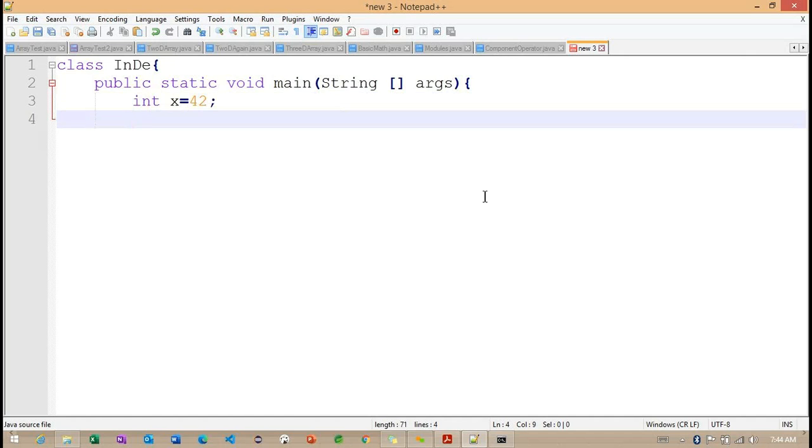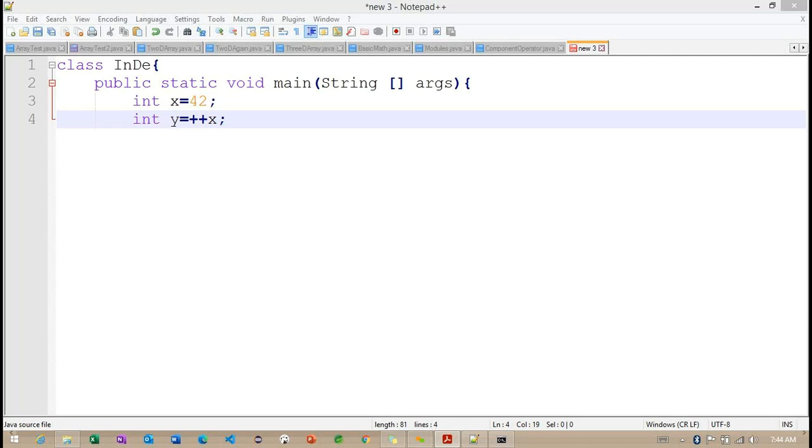And here I will define int y. So int y is equals to plus plus x here.